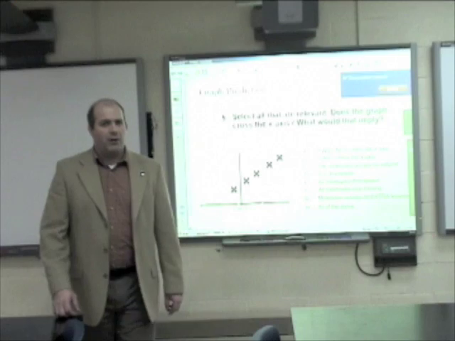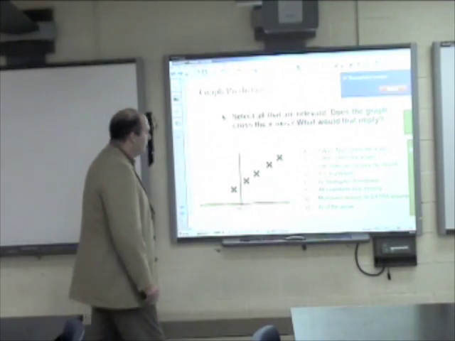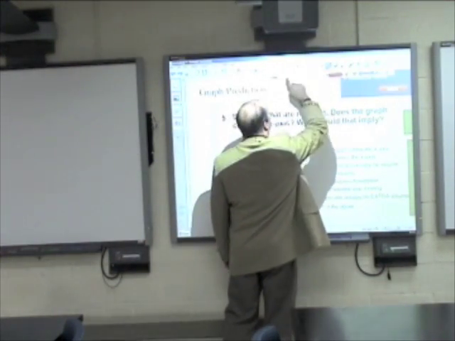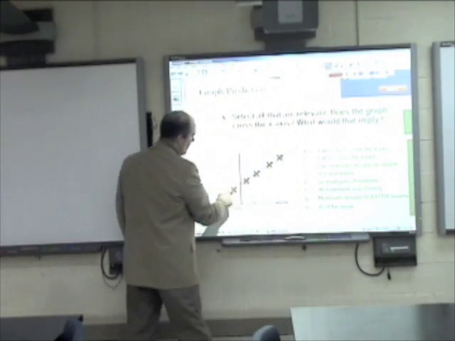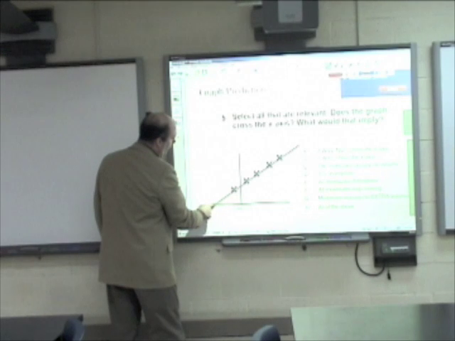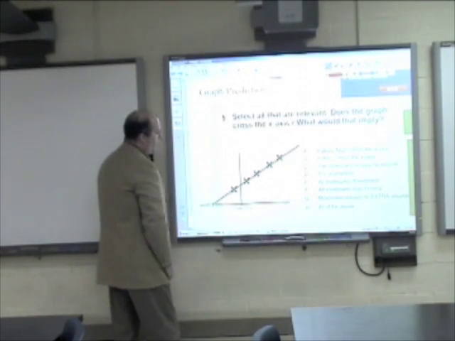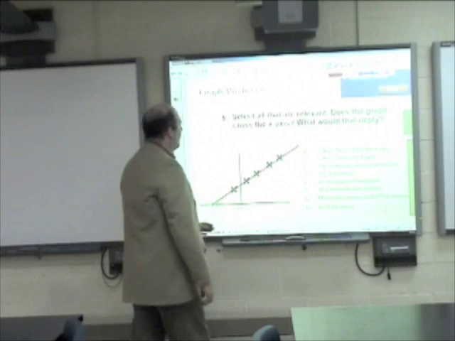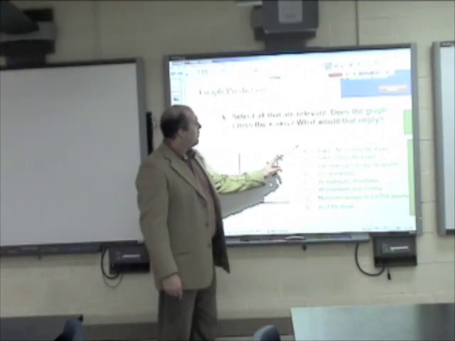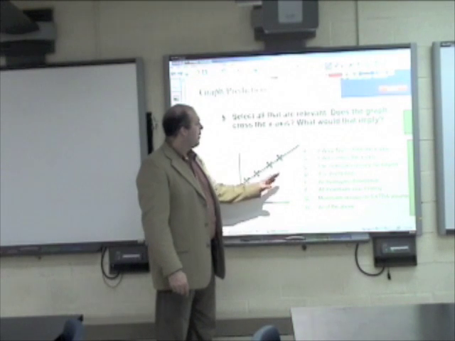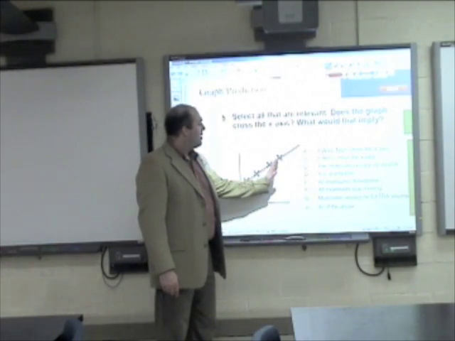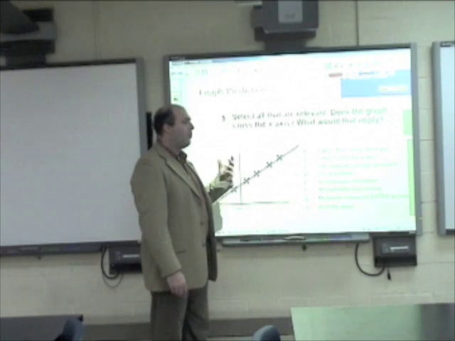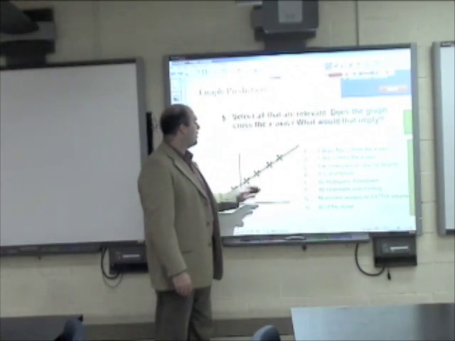Now I've kind of asked you a trick question here because it's a little misleading. The question is, will it cross the x-axis? And what does that mean? Well, suppose we draw our graph and connect our lines, and we have it touch the x-axis. What does that mean? Well, if we start on the right-hand side, we have a certain volume and a certain temperature. If this is a balloon and we decrease our temperature, the molecules are not moving as fast, they're not pushing as hard on the outside of the container,